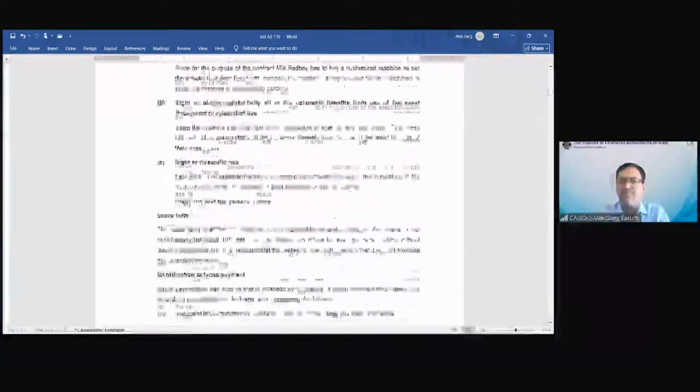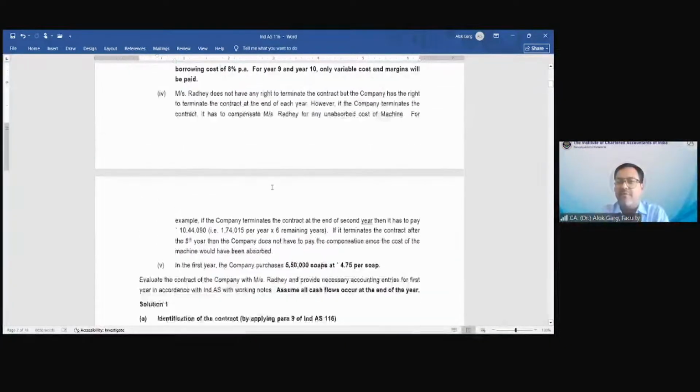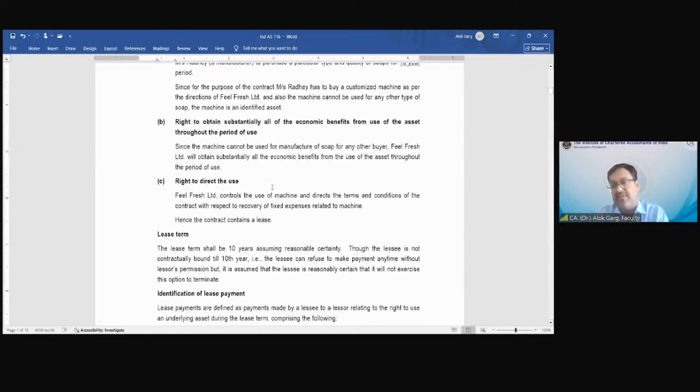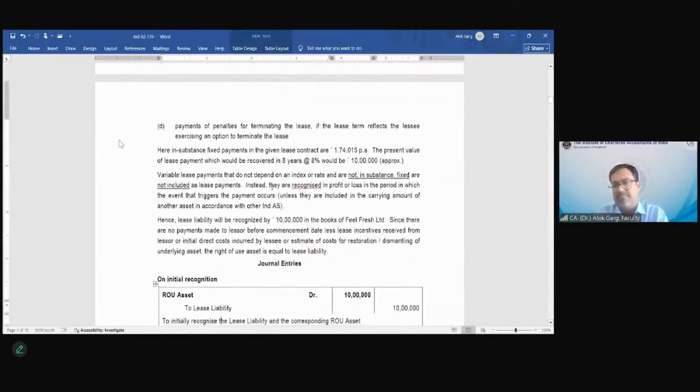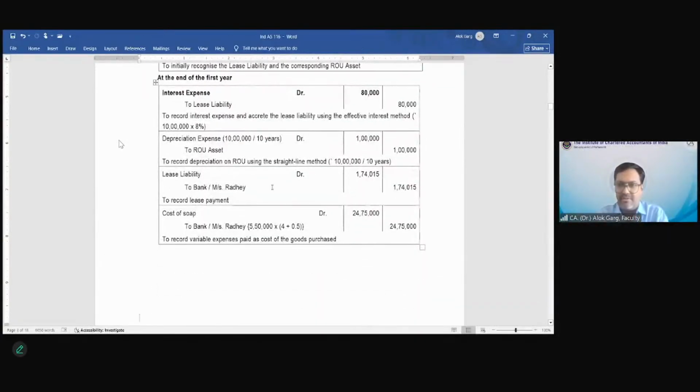So what is the cost of the machine? See, from the lessee perspective, it is right of use asset, and the right of use asset is 10 lakh rupees, right? So 10 lakh rupees has to be depreciated over a period of 10 years. Okay. Any further question? I hope you have enjoyed the concepts today, and I can guarantee you, even if a student attends this revision class, the student will still have a good 90-95% idea about the concepts as well.